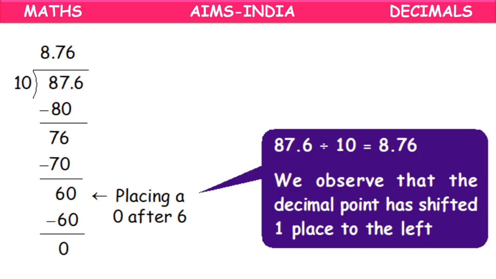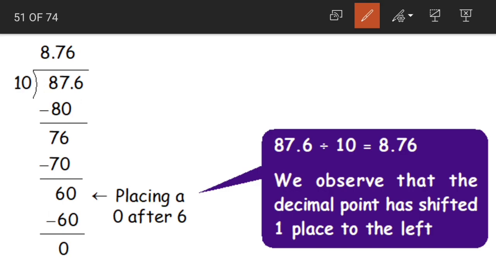If you want to look at how actual division is done, this is how we actually divide 87.6 by 10. We have 10 8s are 80. Let me take red ink here. Yes, 10 8s are 80. When we subtract, 7 is remaining. 6 is brought down. As 6 is a number that we have taken after the decimal point, we'll place a decimal point there, children, in the quotient. So 76, 10 7s are 70. When we subtract, 6 is our remainder.